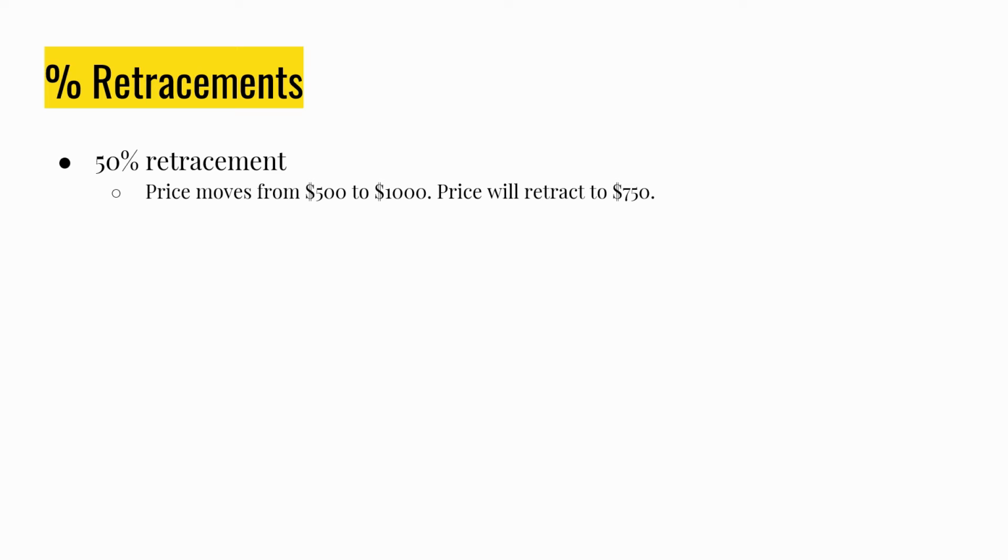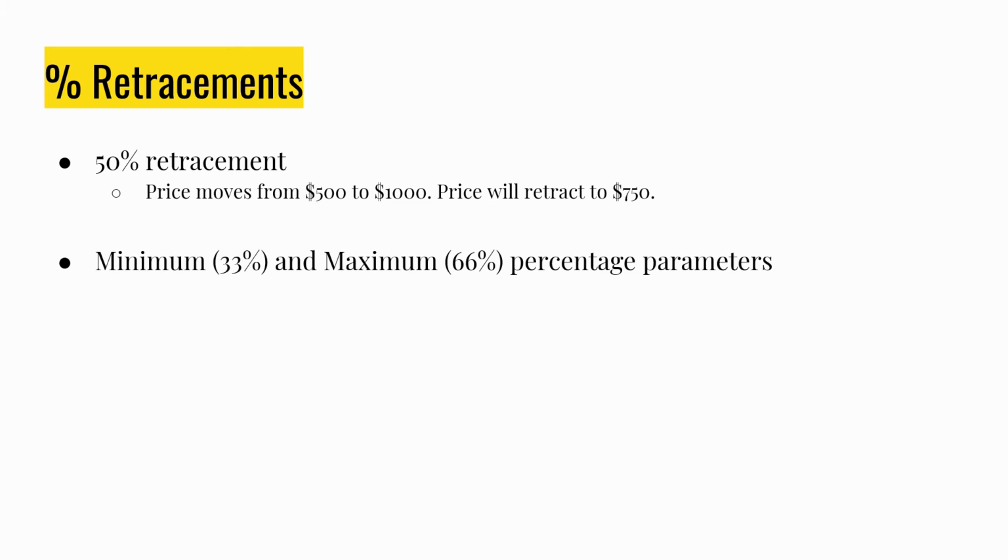For instance, if price moved from $500 to $1,000 and the trend line breaks, we will see price retract to $750. Other than the 50% retracement pattern, we can measure retracements into thirds. For instance, many technical analysts state that a 33% retracement is the minimum, while a 66% retracement is usually the maximum. You can see these numbers come up in Fibonacci ratios and the Elliott wave theory, and both of these